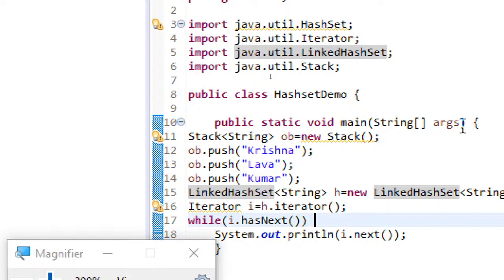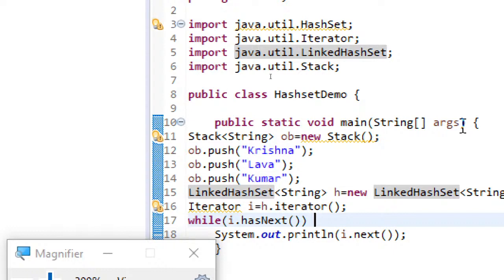List we understood for having duplicates and order preserved, set for non-duplicates and no order, and maps we go for key value pair storage purposes. So map is also an interface. By default, the immediate subclasses of collection are interfaces. Collection itself is an interface, and its immediate subclasses, like list and set, are interfaces.